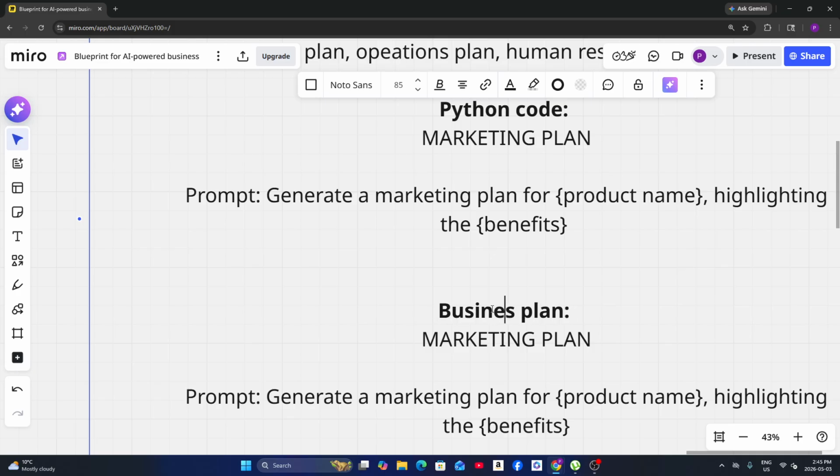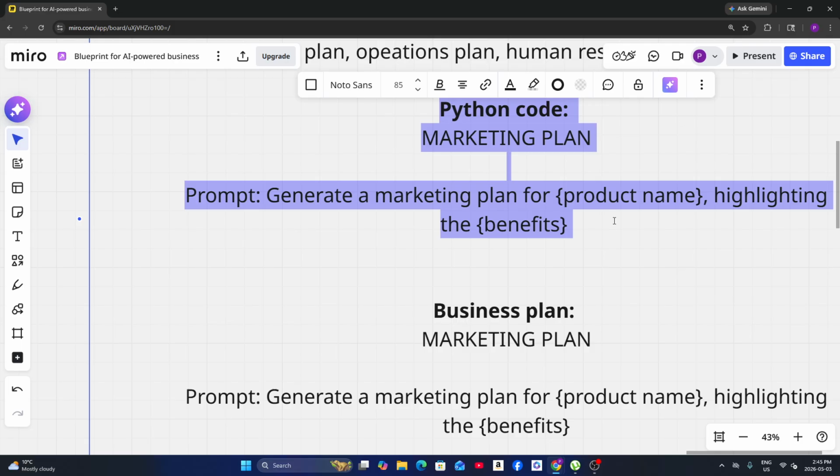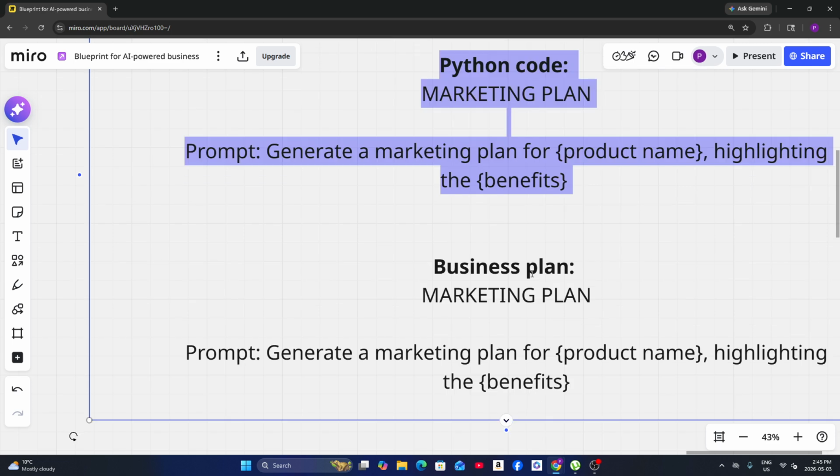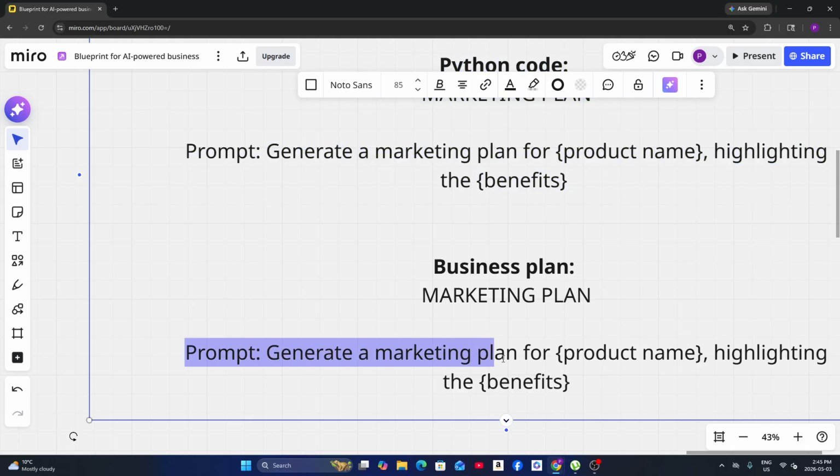Your customers don't see the code. You're the only one who sees the code over here, right? This is the code. This is the proprietary code. This is the secret sauce. This is the secret recipe. So whatever you create here, keep it secret. So the client sees the business plan. The client doesn't see the prompt. What the client sees is,